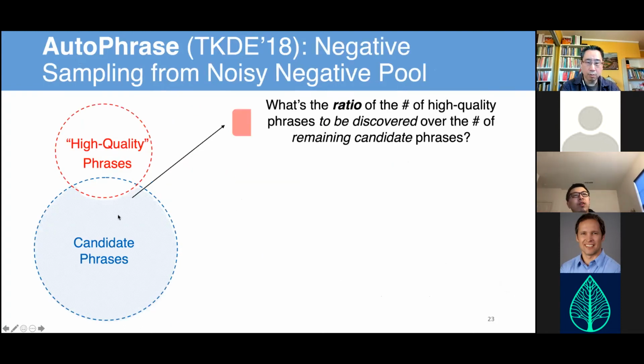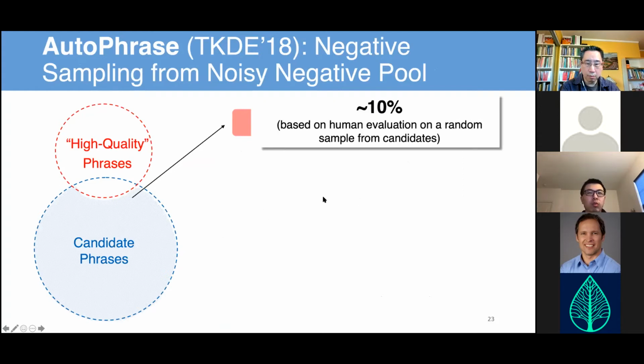So we did some further investigation. We already know that within this candidate set, the rest of the candidate set, there will be a large number of phrases we are looking for. But how many of them are there? The ratio itself is what we are interested in, because there could be way more low quality ones. So we did some annotation, some sampling and some human evaluation. And we realized that there's about 10% of these things. Yeah, we are solving this as a one class classification problem. And I'm just showing you one of the solutions here.